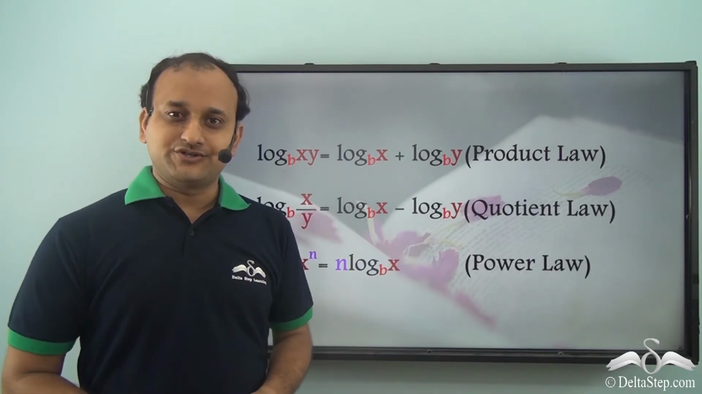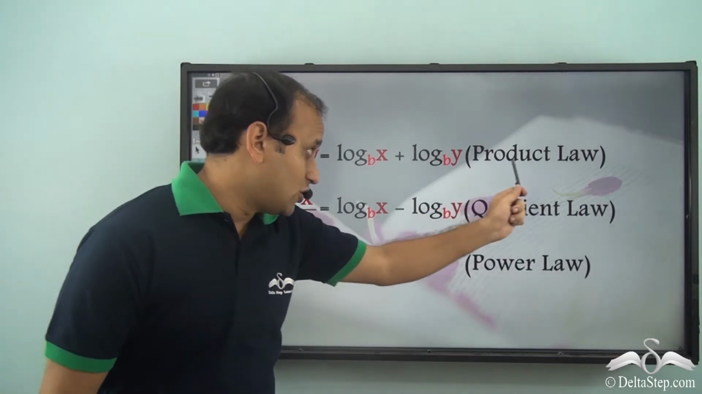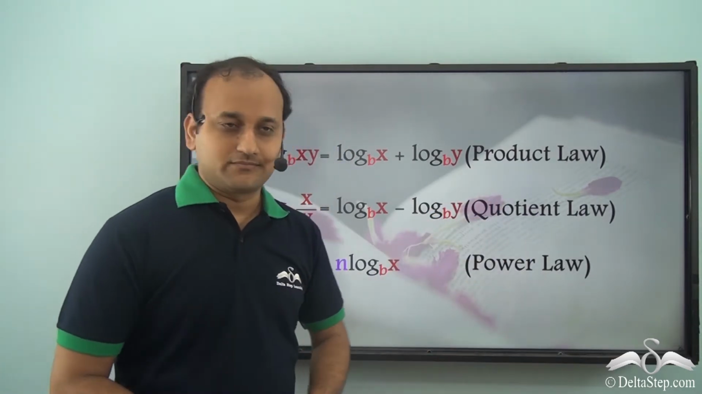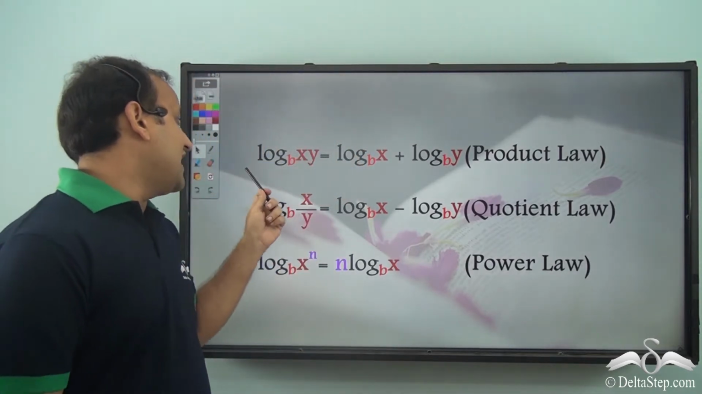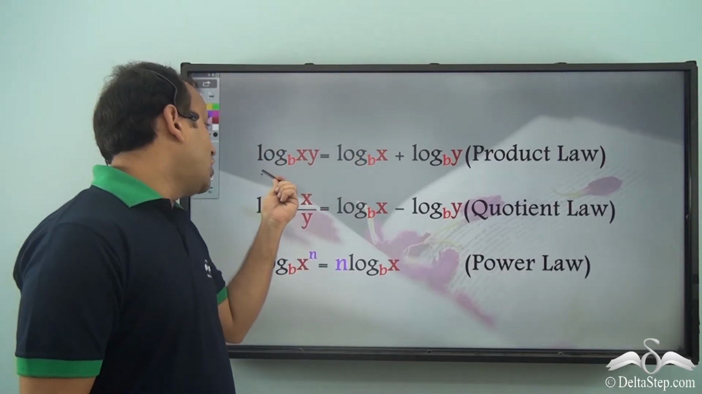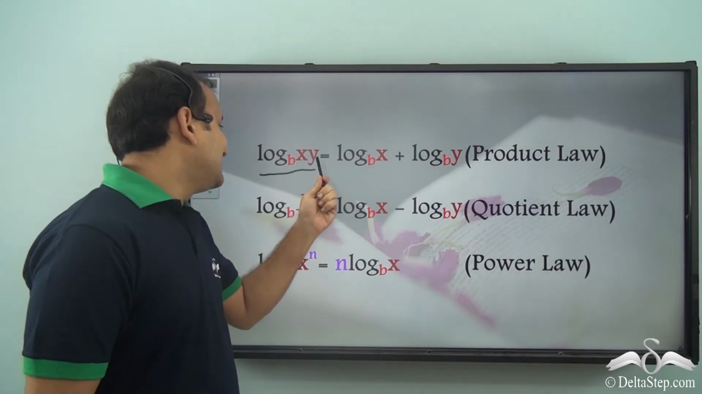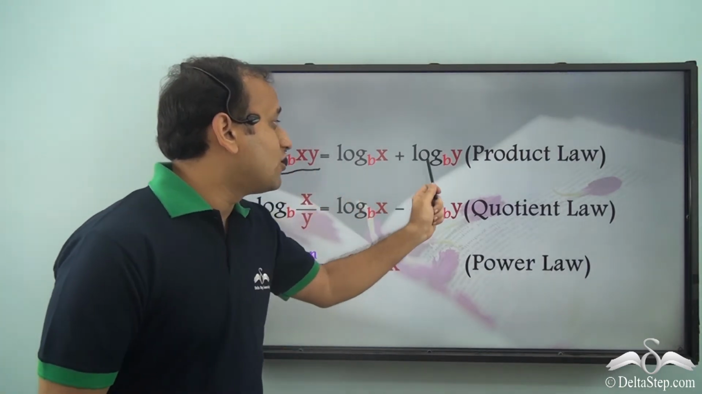In the previous lectures, we have learnt about different laws of logarithms, like the product law of logarithm, the quotient law of logarithm, and the power law of logarithm. Now, what is the product law of logarithm? It says that if we have a logarithm in the form log xy to the base b,